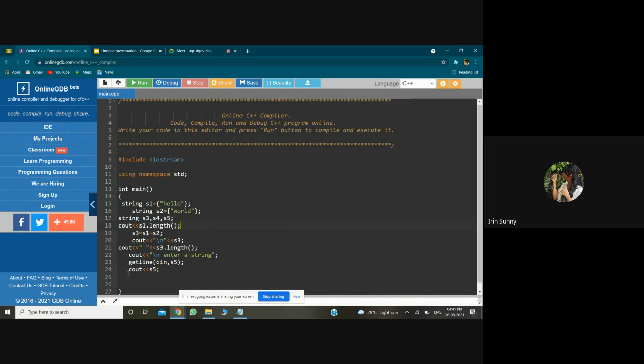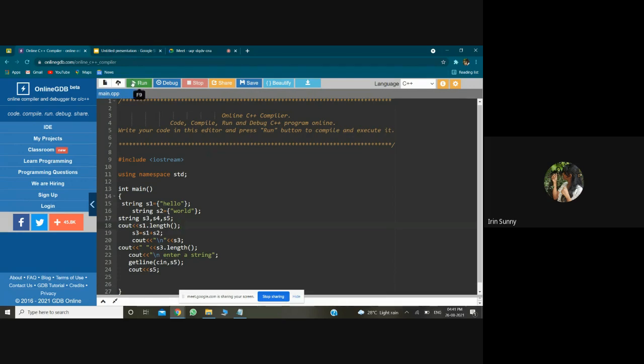And then I'm telling the user to enter a string. This is how you use getline. Entering a string means I'm entering a sentence here, not just a word. If I enter a word, it's fine, we can write it with cin and it will work because in a word there won't be any spaces. When I enter a line of text, there will be a space and cin will only read till the first space. So we write the getline function. How do we write it? getline bracket cin comma, to which string it has to copy. We are writing s5 here because I want to copy the entered string to s5.